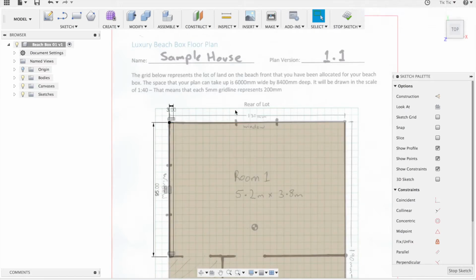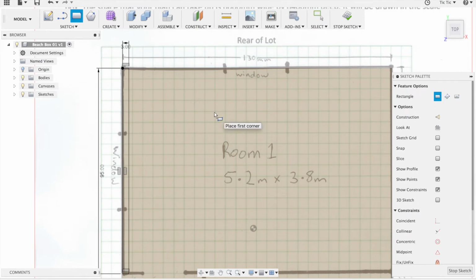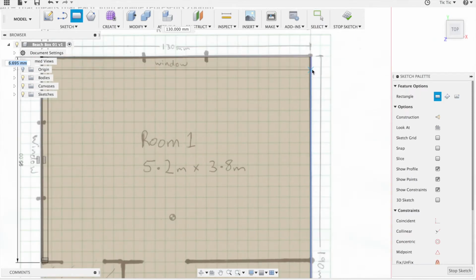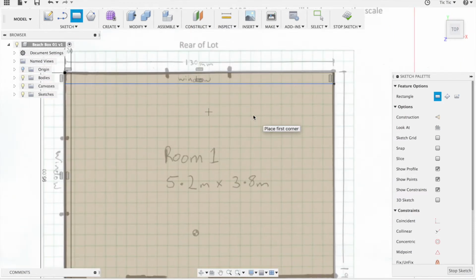Now I'm going to continue with a rectangle across from that blue point there. You can see that there's a cross there. You want the cross there, but you don't want anything like that particular box to appear, otherwise it will lock to that as well. So you just want the cross to appear. I'm going to click on that cross now, and I'm going to use the dimension key